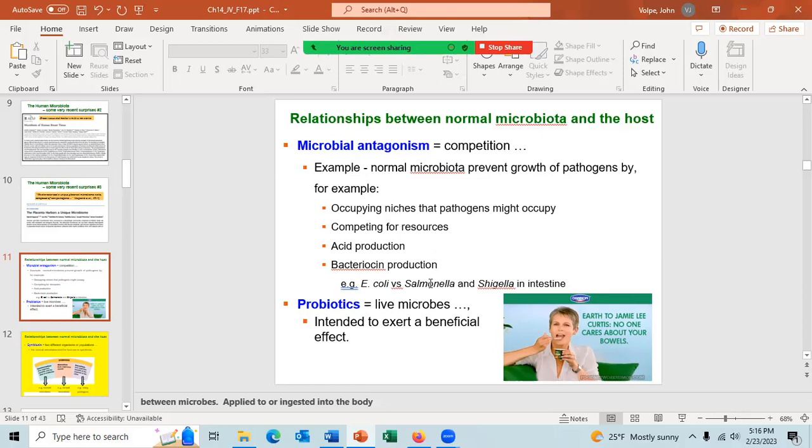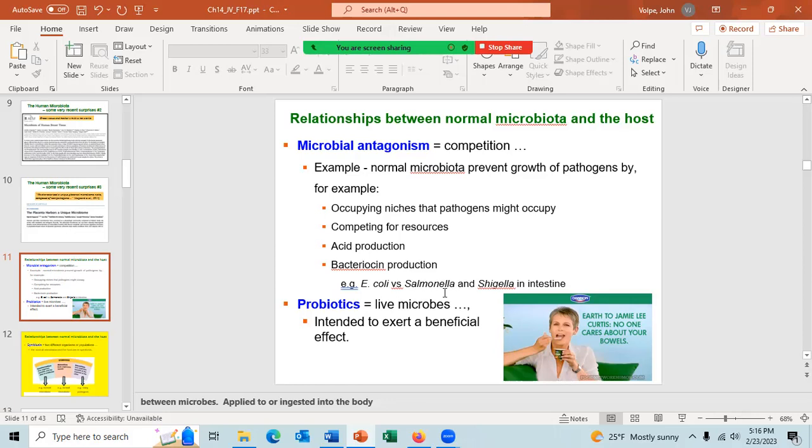For example, E. coli can secrete a bacteriocin, and the bacteriocin will inhibit only microbes similar to E. coli. So Salmonella and Shigella will be inhibited by the bacteriocin, and it works, like I said, like an antibiotic, preventing growth by killing Salmonella and Shigella, but it would not